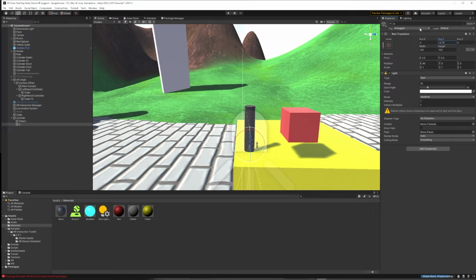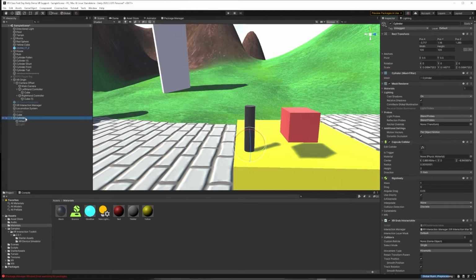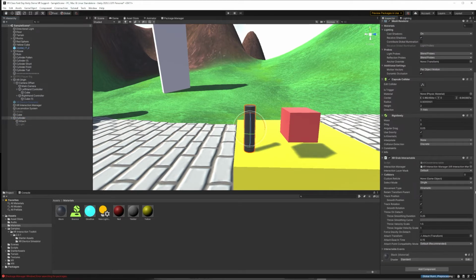Final thing is we need this light to be off from the start because we want this to be something we can choose to turn on. So back in our grab interactable, which is up in the cylinder object, I want you to take note of this